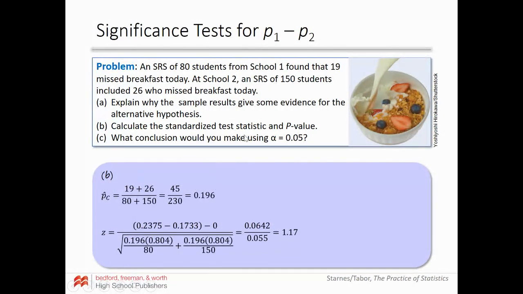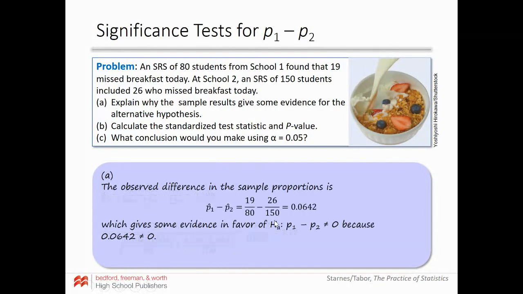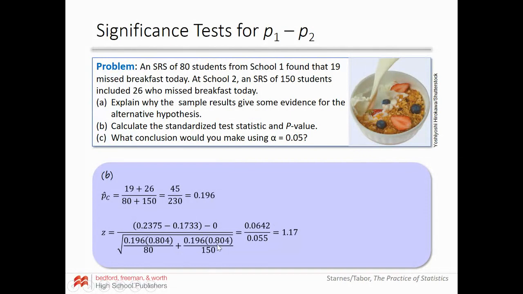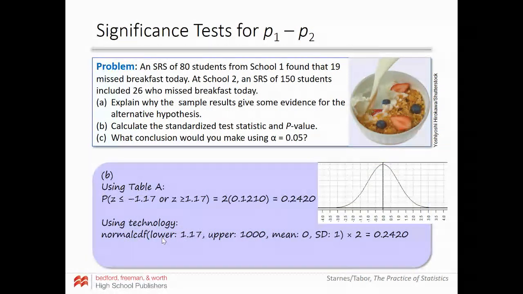So part B says to calculate the standard test statistic and the p-value. So first you do need to get your p hat C to be 0.19, and then we take this formula. Now remember, it is still p hat 1 minus p hat 2, minus 0, all over. Now we take that pooled proportion and divide by the two sample sizes. Okay. So then to actually find the p-value, the big part we got is a z-score